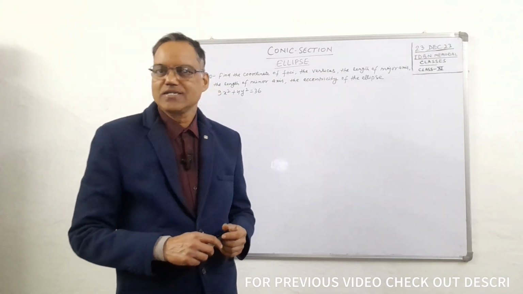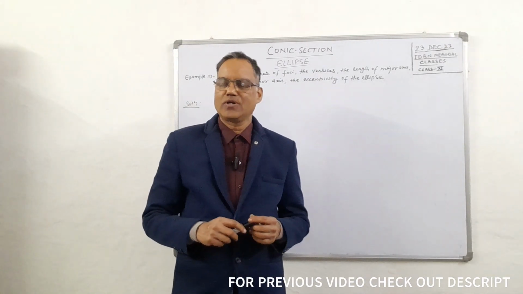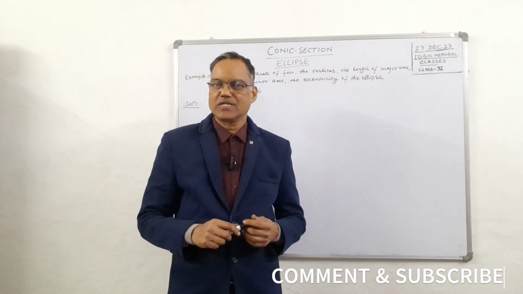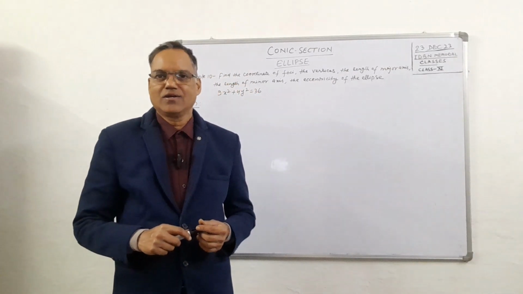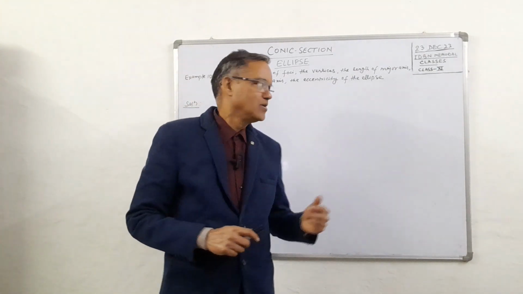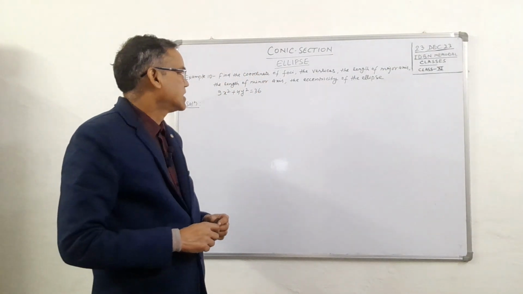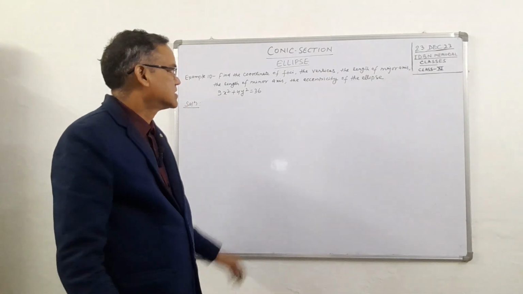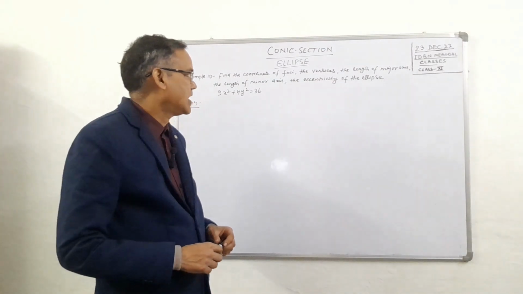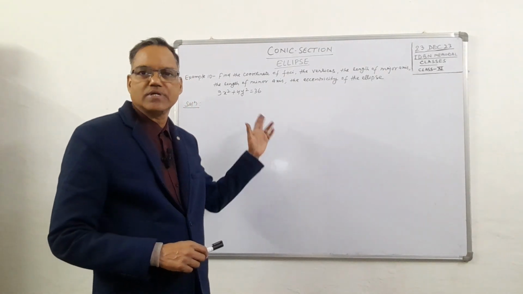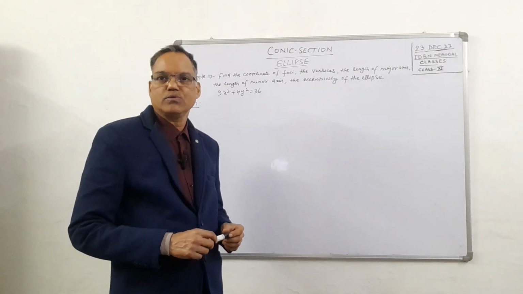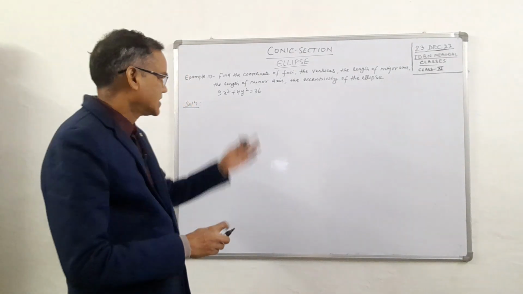ये example करने के साथ you will be comfortable to solve the exercise of your own. ठीक है, ये example और पिछले हमने जो concept clear किए हैं उतना जानने के बाद you can solve exercise of your own. ठीक है, so क्या है, find the coordinate of foci, the vertices, the length of major axis, the length of minor axis and the eccentricity of the ellipse 9x square plus 4y square equal to 36. ठीक है, so let us see.